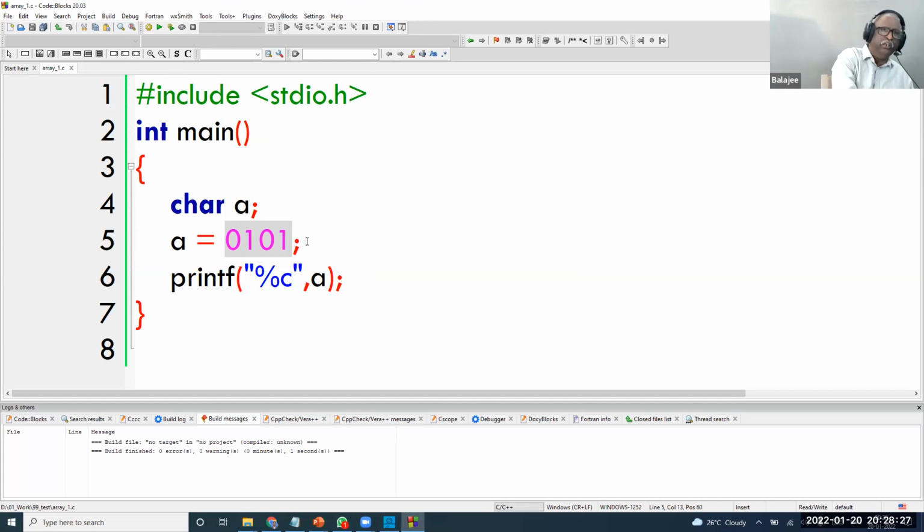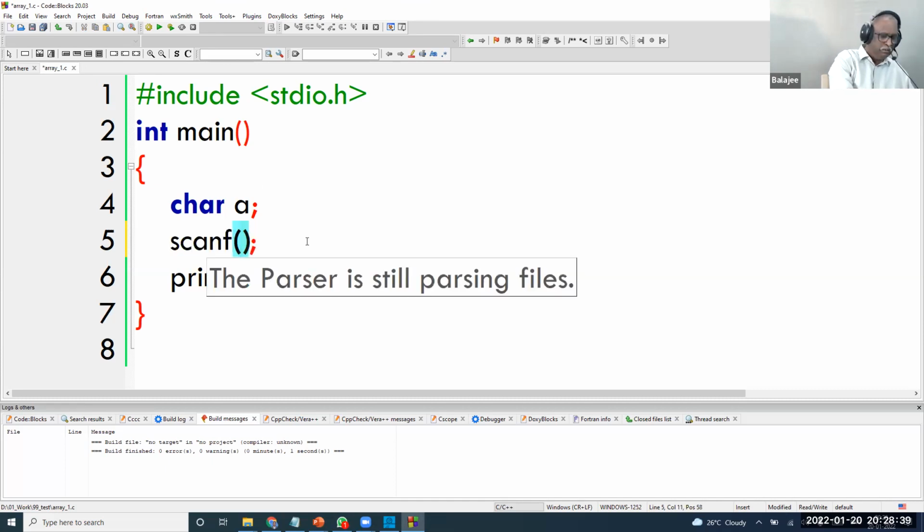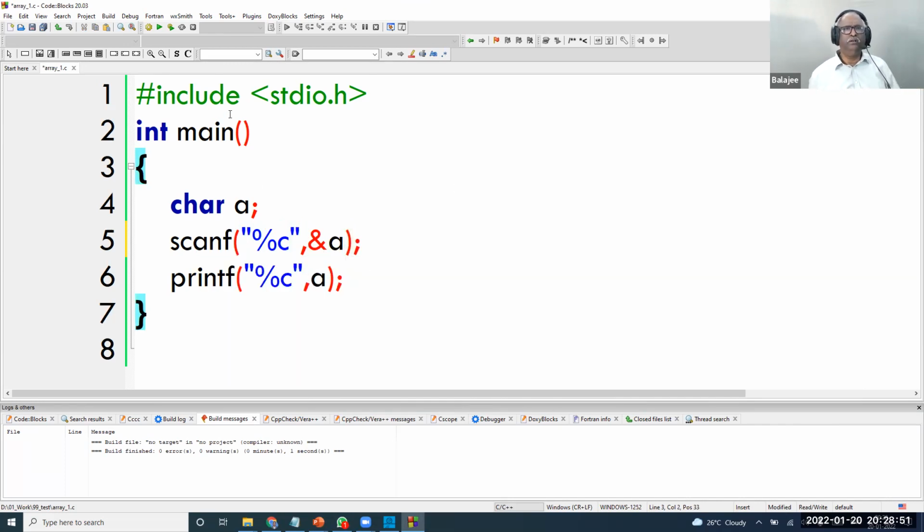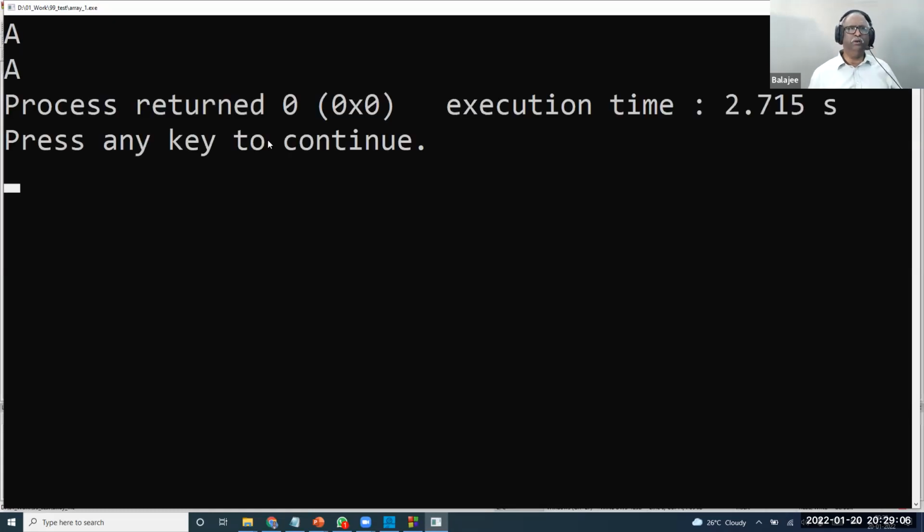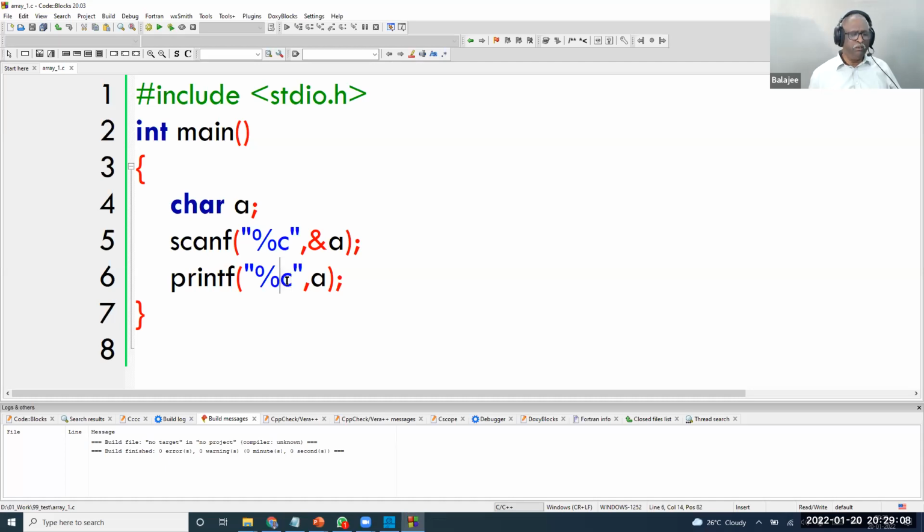Now I write here within quotes A. Now instead of that, I say scanf with percentage C. I'm reading a character. So far we discussed percentage D. Now I'm discussing percentage C. I run it, execute it, and press A. I get A. Simple. But if I do percentage D here,